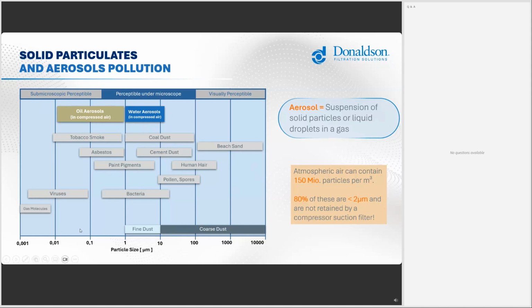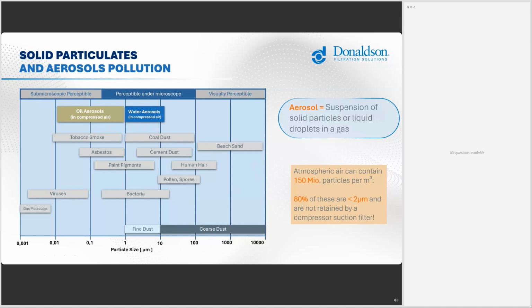You see that sizes of these aerosols are different. So water aerosols are usually much larger than the droplets in oil aerosols. So it's more challenging to remove oil aerosols rather than water aerosols. But there are solutions available in specific filtration systems like coalescing filters, which can help also to remove these oil